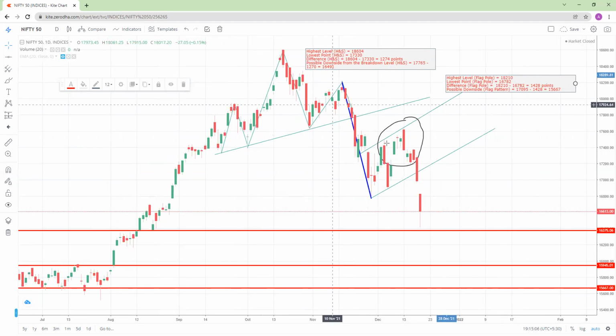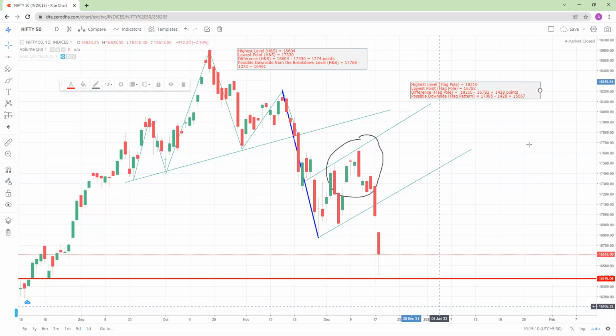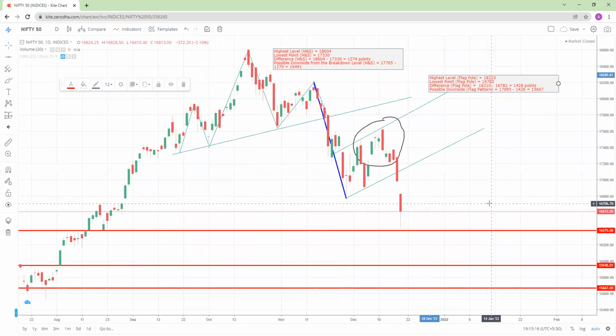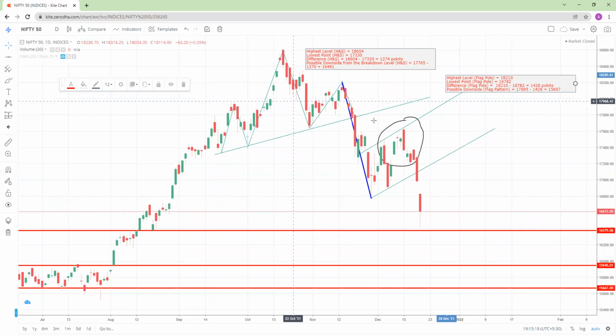But the entire analysis went against us, and there is a huge fall in the Nifty 50 that we are seeing right now. So this is the head and shoulders pattern for you. This is the inverted flag pattern for you. The mistake that we made is here. Yes, the mistake was not of the candle, but of ours, that we used some historical. Actually, we considered this candle.